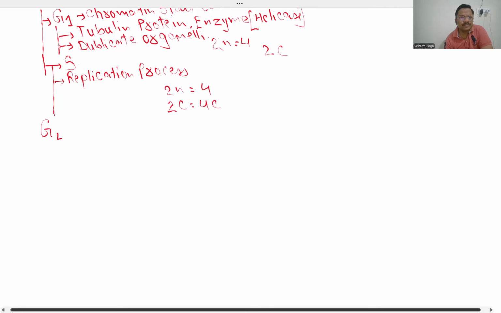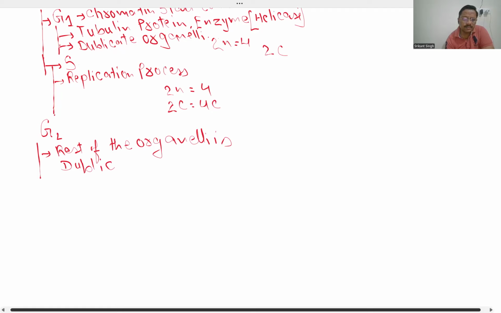In G2 phase, the rest of the organelles are duplicated. So this way,